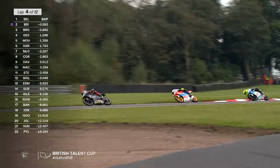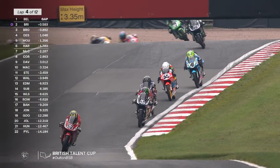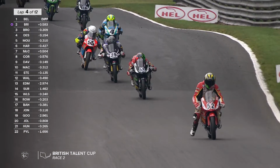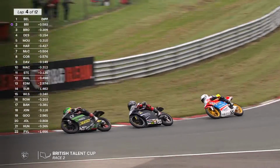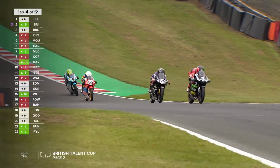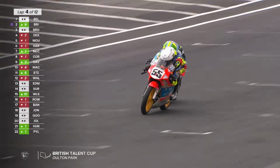Certainly definitely closing. Yeah, it's looking really, really good here for the likes of Emmanuel Brinton and Lucas Brown, etc., all the group that are following, because Belford, despite having the pace initially, just doesn't seem to have quite what it takes at the moment. Maybe he's just keeping something perhaps a little bit in reserve for later on. Well, yeah, probably not. It's just absolute to the max with these kids, definitely, and I think that plan is